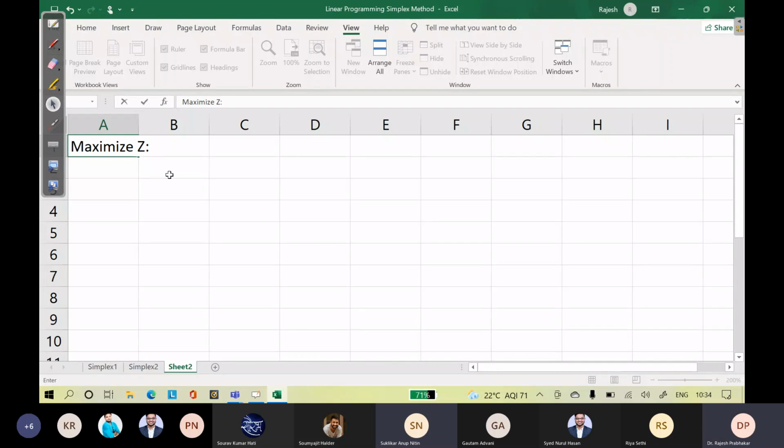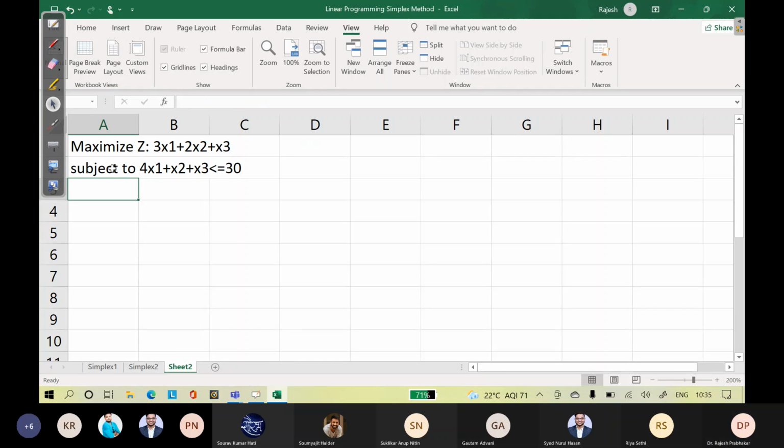Okay, let me write the problem. Maximize 3x1 plus 2x2 plus x3 subject to 4x1 plus x2 plus x3 less than equal to 30.